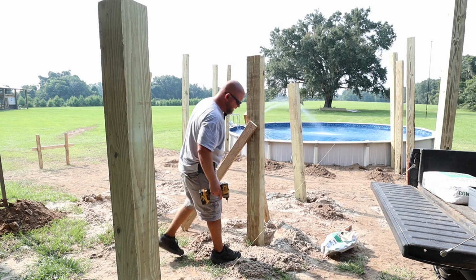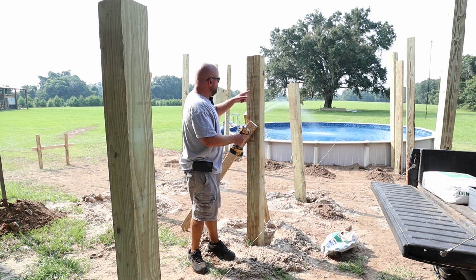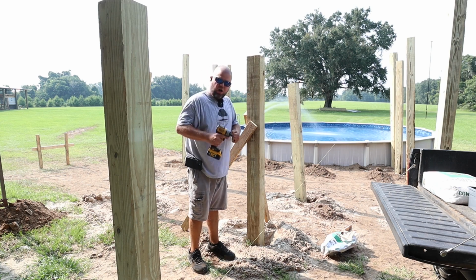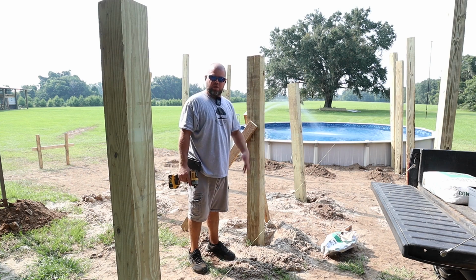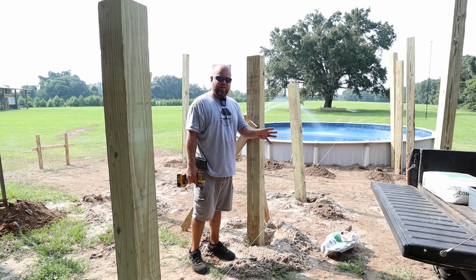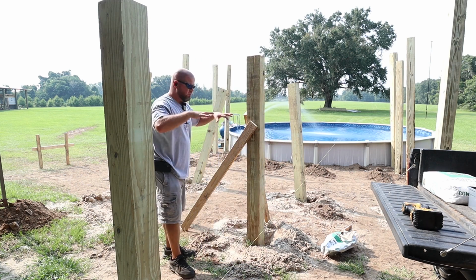Again, don't want to go super tight. By the way, I should also mention I've already packed my holes out. Remember we put the gravel in there? Just take the 6x6, pick it up and pack all the way around the hole using the weight of the post, pack the gravel nice and tight in the bottom. You're good. Now it's free draining, packed down there where it needs to be. If you don't pack that gravel, you're gonna have some weird settling issues once you get the weight of the